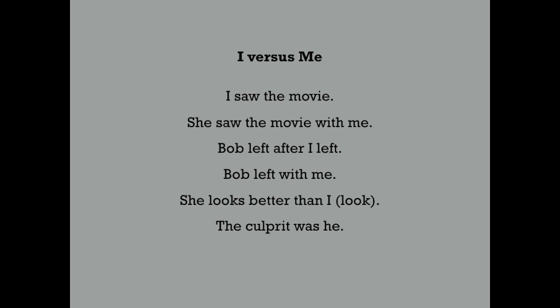The culprit was he. This one could be very tricky. Whenever you have an equal sentence, the culprit was he. In other words, if you can rewrite this sentence, say he was the culprit, well, they are sharing the verb. They are sharing the action was. The culprit is doing the action of being, but so is he. So we could switch these last two sentences around. And because they share the action, they both get the action. And that's why you would have to use he, not him, because he is technically doing something.